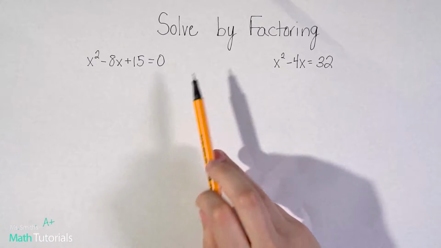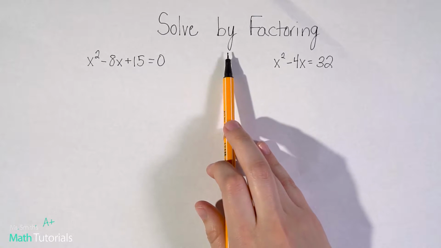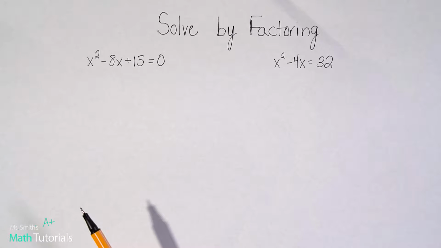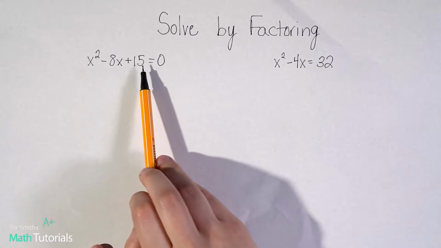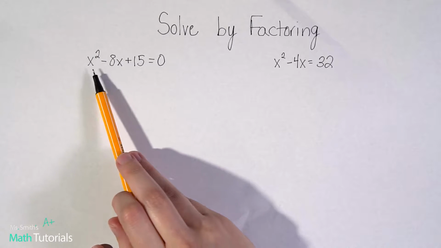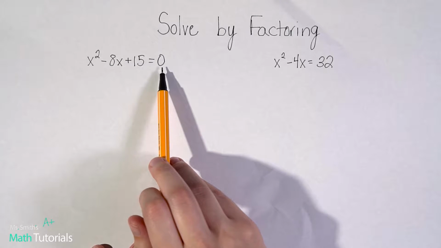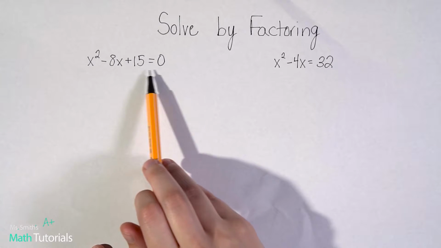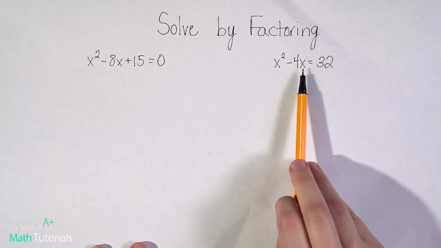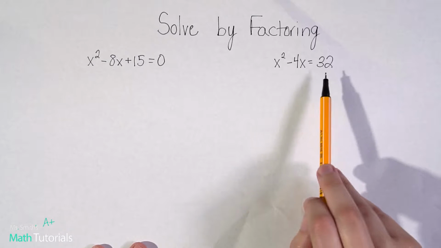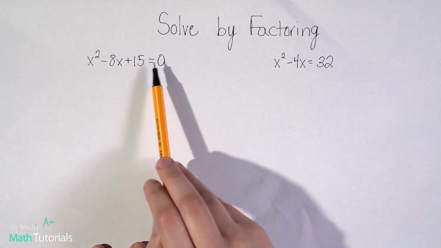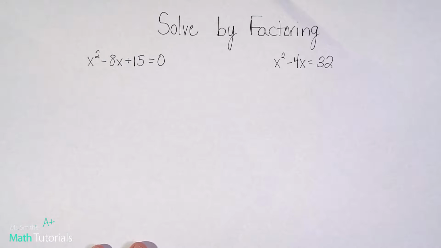So, alright, in this video we're talking about solving by factoring. We're going to look at multiple examples. We're going to look at trinomials and binomials, where you'll notice not only do we have, in this example, a trinomial, 1, 2, 3, but we've got this equals 0. And that's going to change some things. Same thing here. We've got an equal sign here. So this one we'll have to do a little more work too, but looking at this, that equals 0, really,